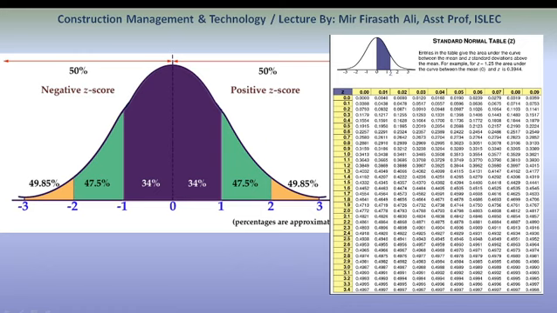As you can see over here, it starts from minus infinity to plus infinity. These are nothing but area scores. If our value slices from 0 to 1, there is a chance of 34% of project completion time. We call it the Z score. This chart gives us the data of Z scores.